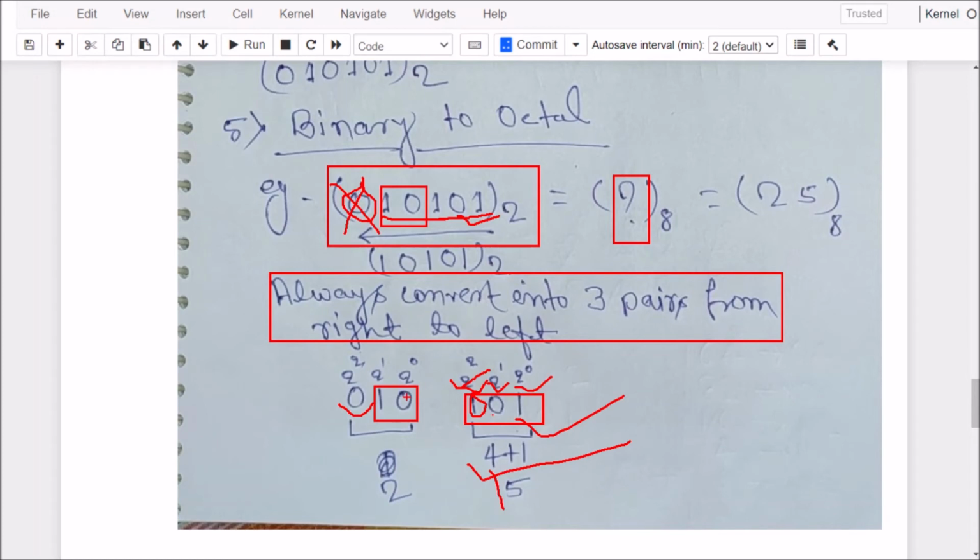In the same way, 2 to the power 0 means one value, which is not taken, that's why here we can see 0, and 2 to the power 1 is taken, that's why here is the 1. 2 to the power 1 means 2, so 2 5 is the answer. If you are confused, please replay this video, you will get the exact logic behind it.